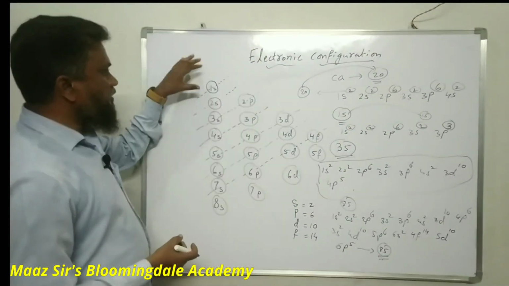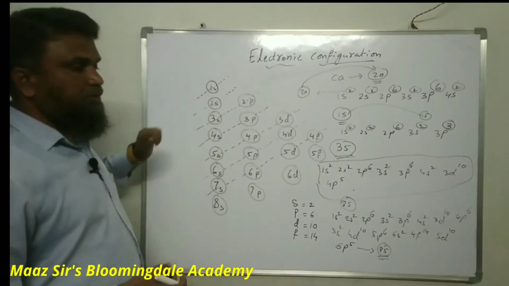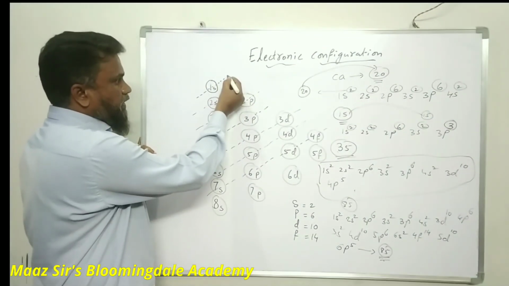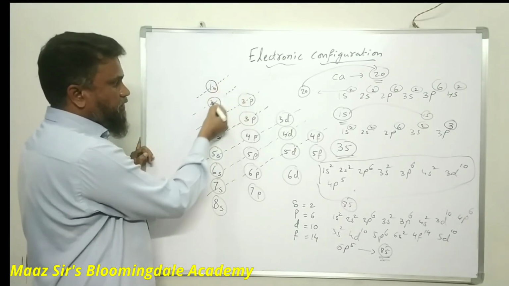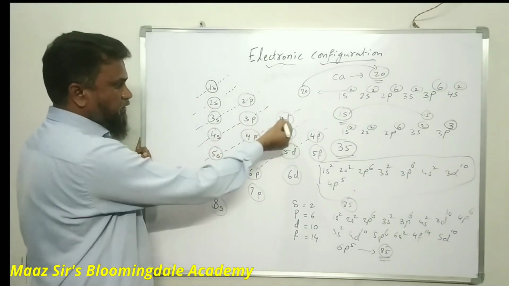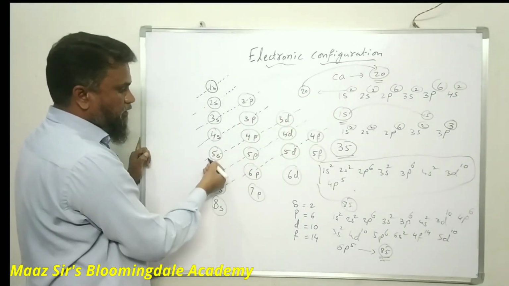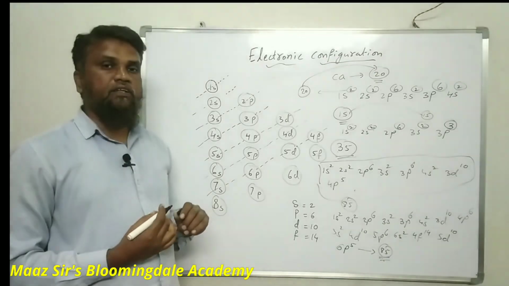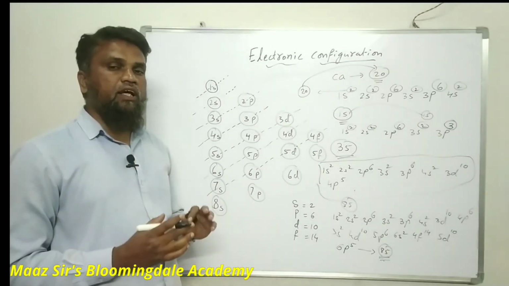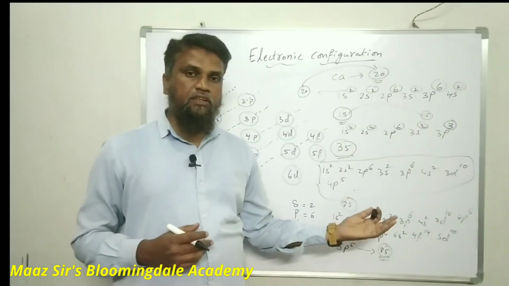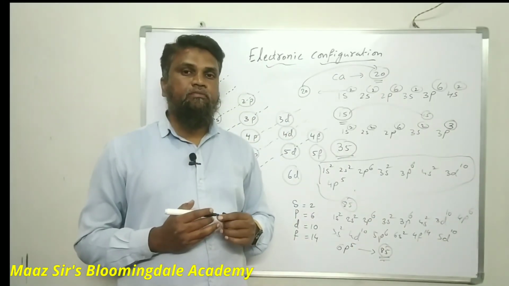With the help of this molar chart, it will be easy for you to understand. First of all, you have to remember that the electron will always enter into 1s, then afterward 2s, 2p, 3s, 3p, 4s, 3d, 4p, 5s and so on. So this is the best way to write the electronic configuration of any element. If you practice some elements, it will be easy for you to understand.